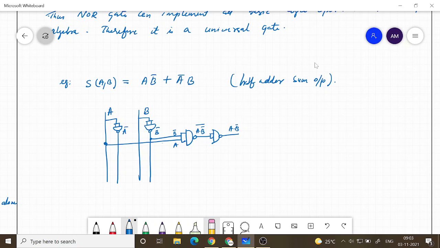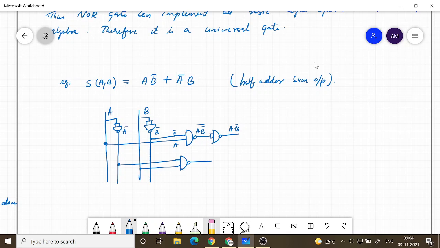Okay. The second term also I can generate similarly. I have A bar and I have B. Okay, so here I have connected in a wrong way. This is just directly going into this.